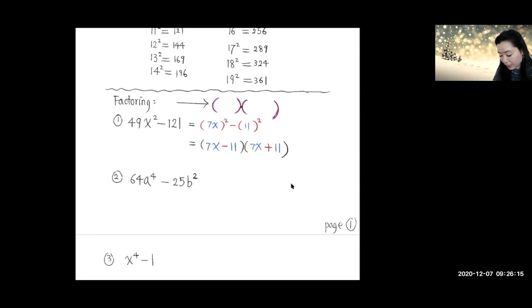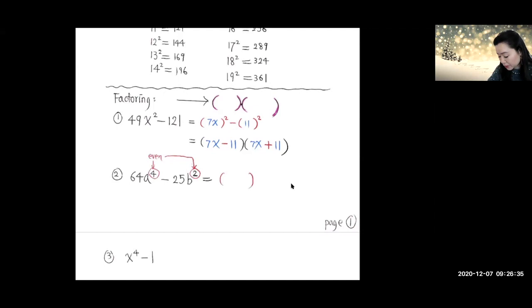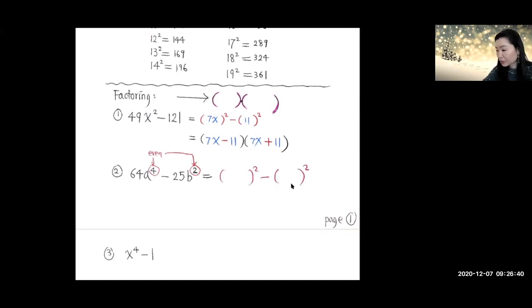The next one over here looks like you have an even exponent on this variable, right? This one is also an even exponent. So I'm thinking maybe this could be a difference of two squares. So let's try that. See if I can write the